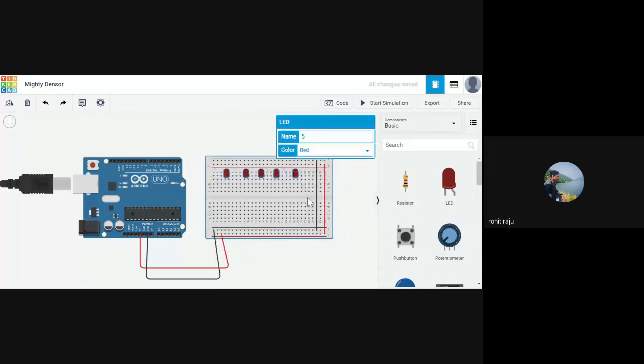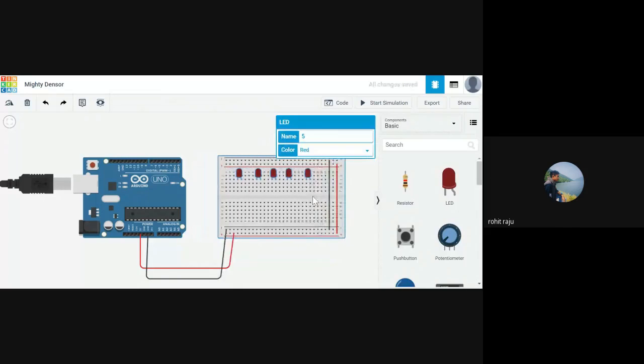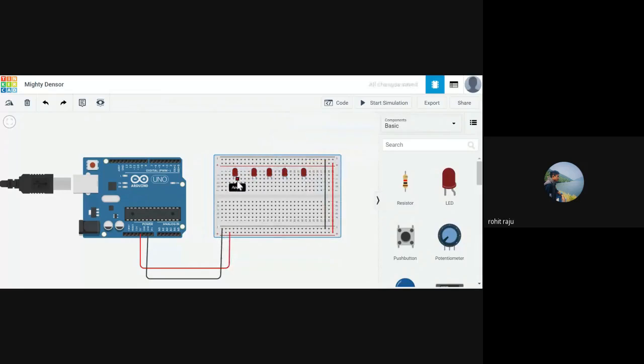So I'm pretty sure you know the basics of the LED. One is the anode, or the positive terminal. The longer terminal pin is the cathode, or the negative terminal. When we used a single LED, we didn't make use of the breadboard because I didn't want to make it quite complicated. So what we did there was we connected the negative terminal to the ground. So we connected this right here.